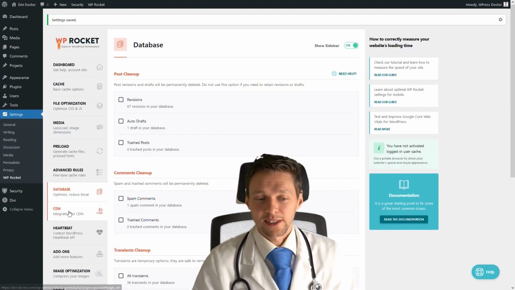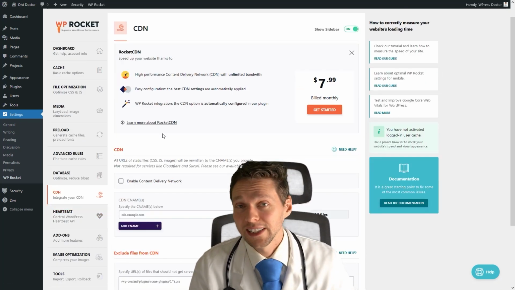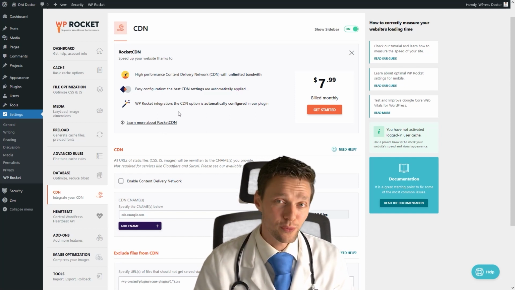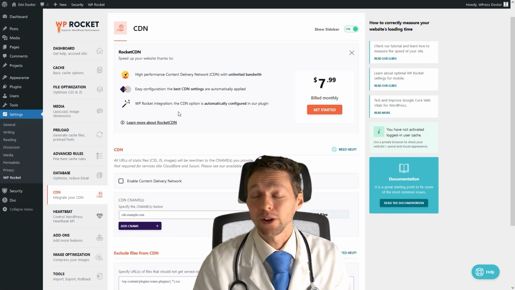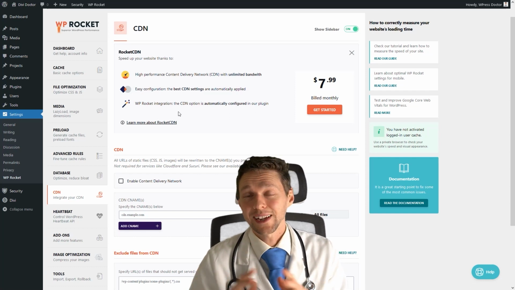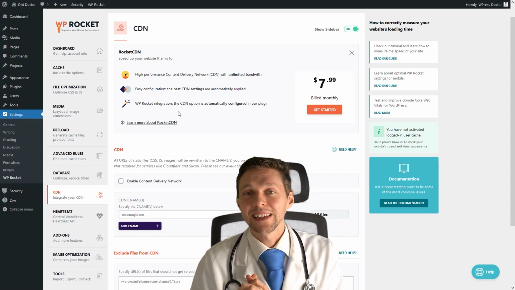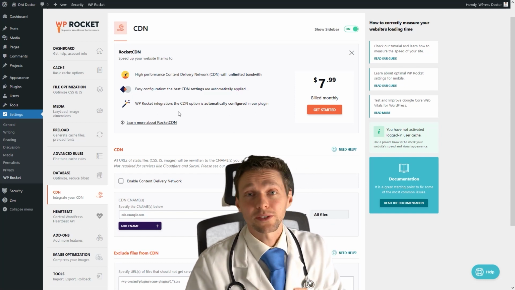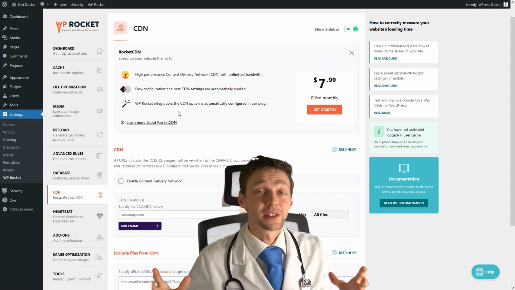And then we go to our CDN. If you do have a CDN, you can activate it right here in this place. If you do not have one and you want even more speed and you have a lot of international clients, then Rocket CDN is a very good option for you. It actually serves your website from a server closest to the person in question.